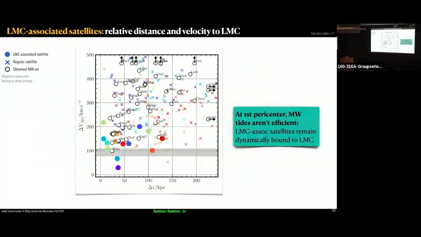However, when we look at the relative 3D distance and 3D velocity, or radial distance, of the satellite with respect to the LMC, then we find that it's very constraining. So what we find is that the LMC satellites remain quite bound to their LMC at first pericenter. And this is presumably because there hasn't been enough time for Milky Way tides to disperse the original orbits. And what's more is that in this case, there are very few Milky Way satellites that share the same parameter space. So we combined these different diagnostics